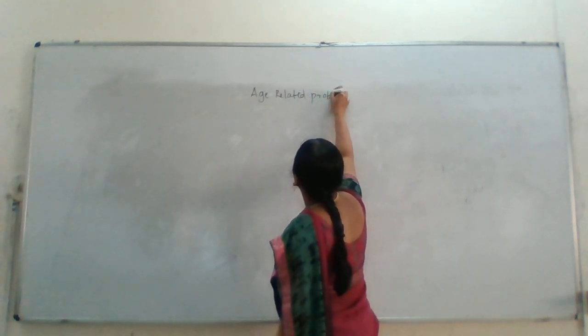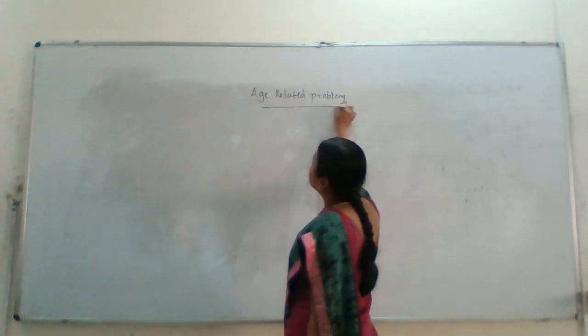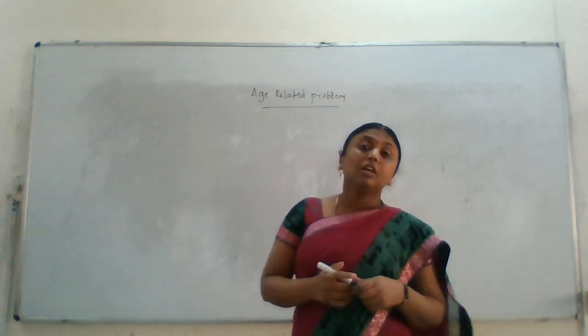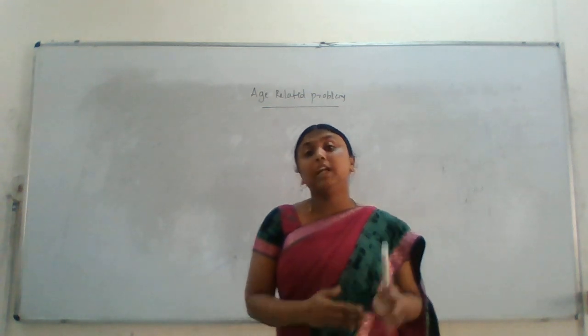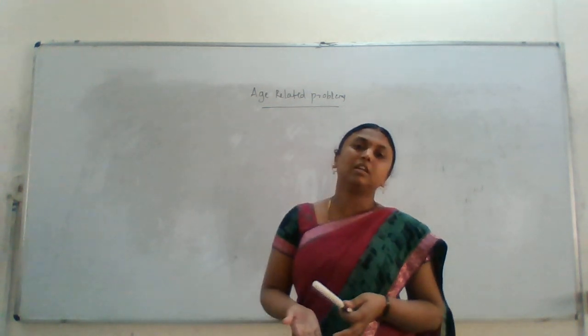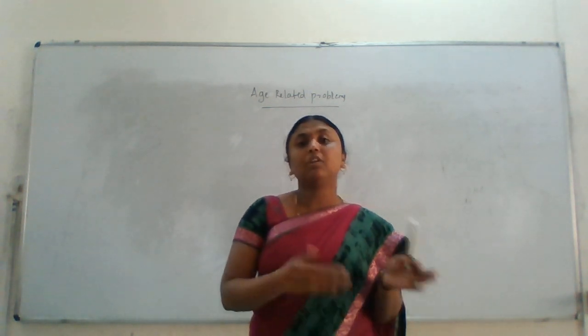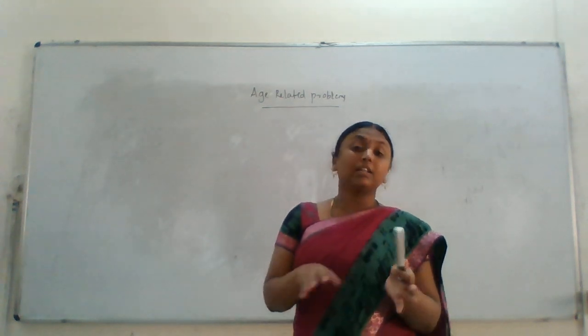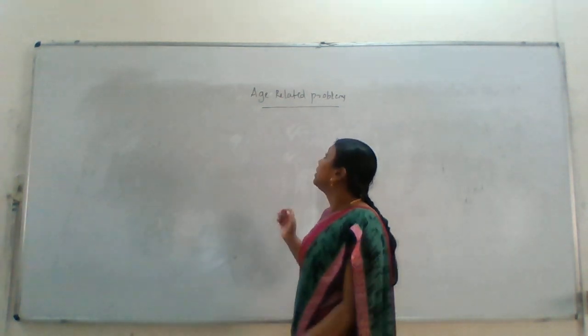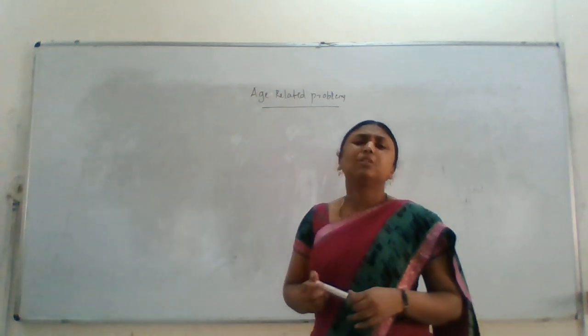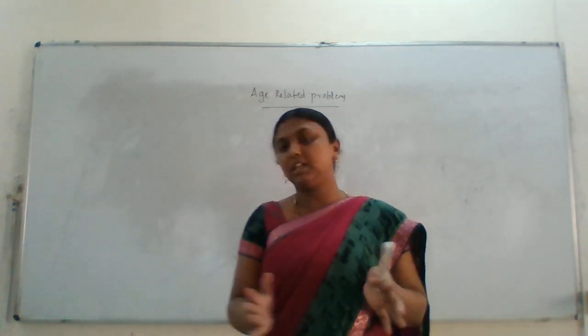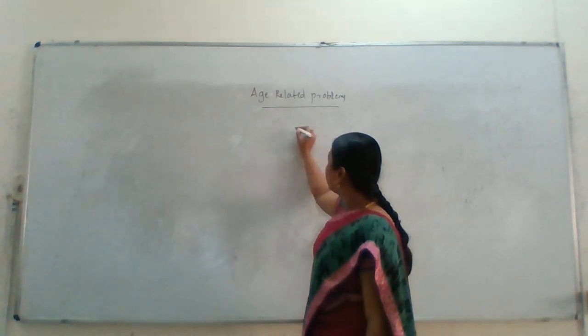So in competitive exams you get questions like this also, that is, the father's age is 3 times his son's, then what is the present age of the son, what is the present age of the father. Like that you get the questions, right? So here there are no many basic things, you should remember only